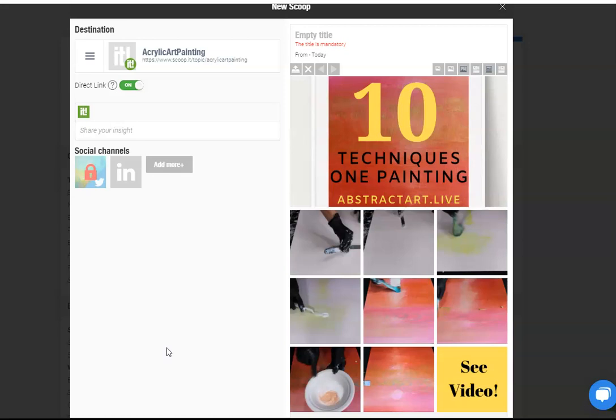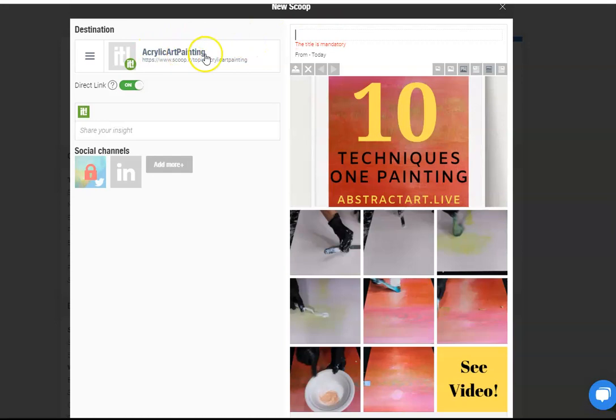So this particular one is called Scoop It, and I'm going to go over the stats for this site in a minute, but I'm just going to show you how I do a post. I just signed up for a free account on this. There are paid accounts, and I'm considering one of those, but right now in the meantime I'm doing a free post. So I've added a photograph, a pin from the post that I'm going to do, and with this I'm going to put in